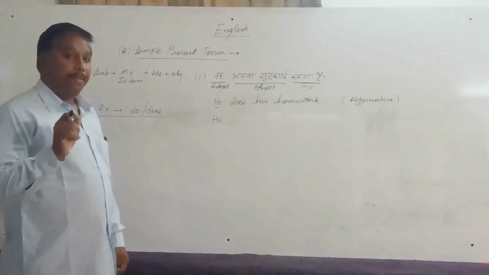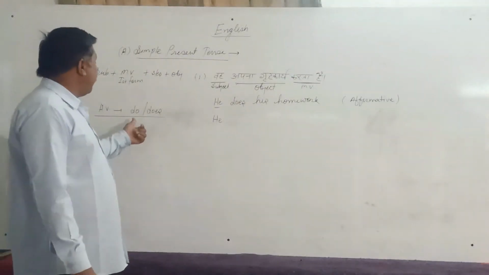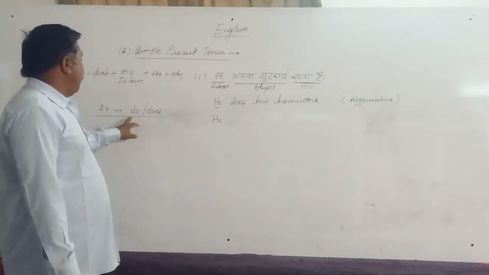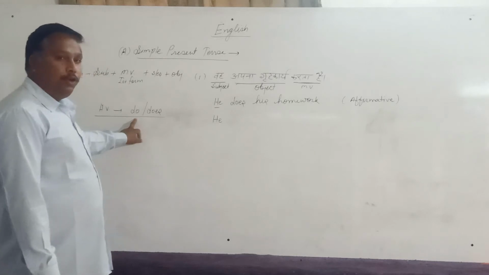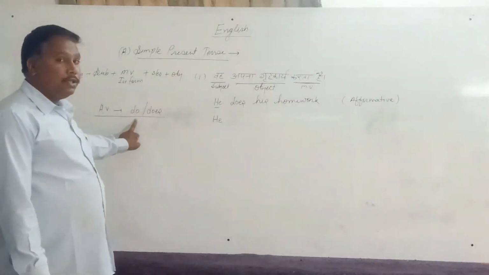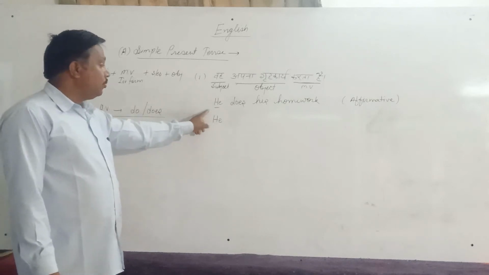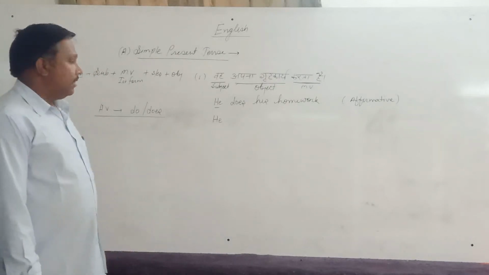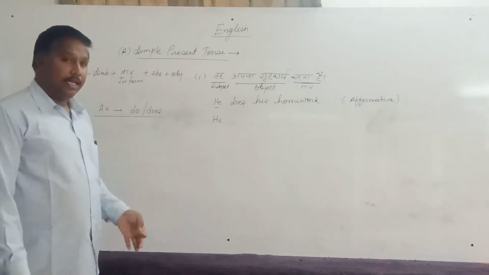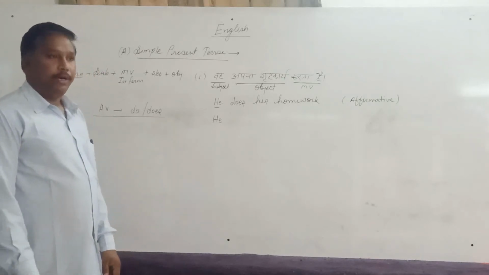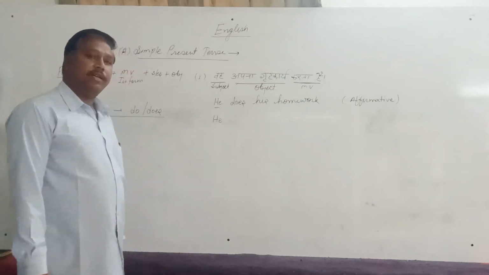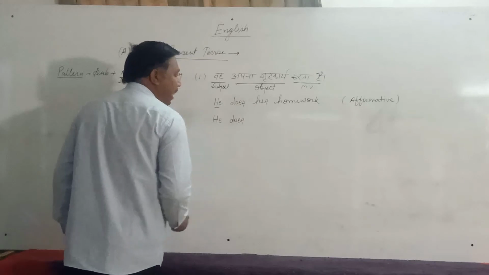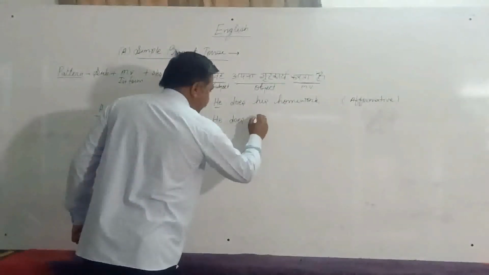Now, maybe a question in your mind is where we apply do and where we apply does. We will apply do word with our plural subject. If our subject is plural, then we will apply this word. And if our subject is singular, then we have to apply this word does. So here our subject is singular, then we have to apply here does. And then negative word, not.